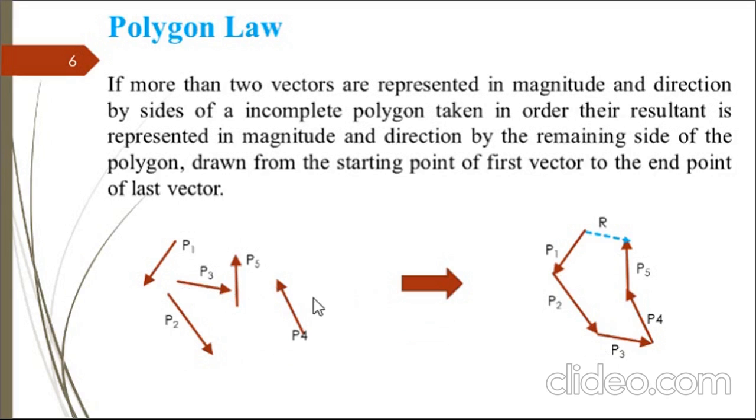Now, to find the resultant of all these forces in a system, we have to draw all these forces in order. That means, let's see, this is P1. Wherever it ends, from there we have to start P2. Then wherever it ends, we draw P3. Then next P4. Next P5. Now, to make this a closed polygon, these two endpoints are joined by a line representing the resultant vector or resultant force R, joined from the starting point of the first to the end point of the last vector.